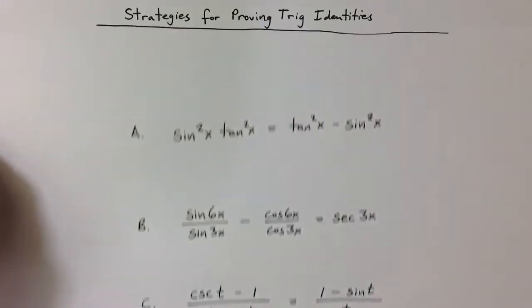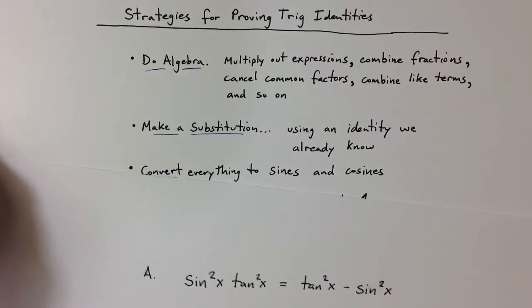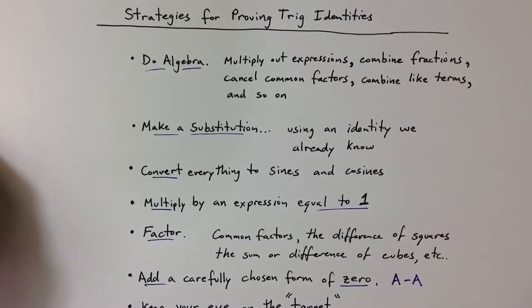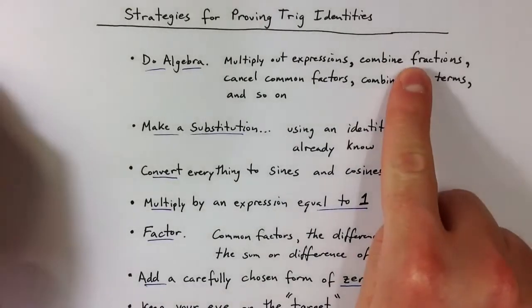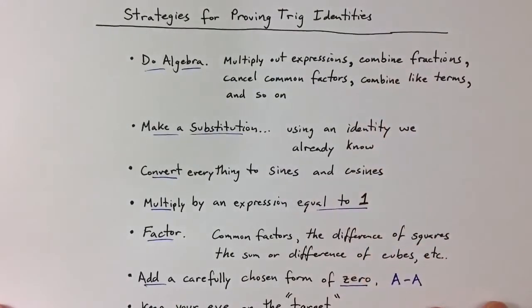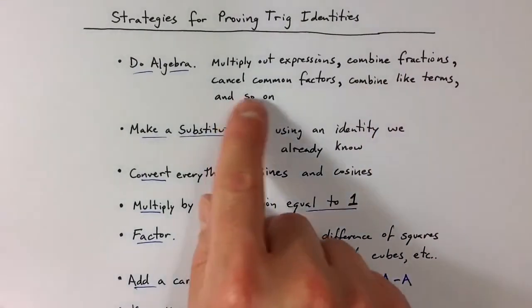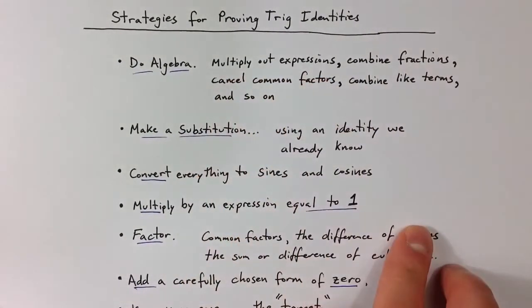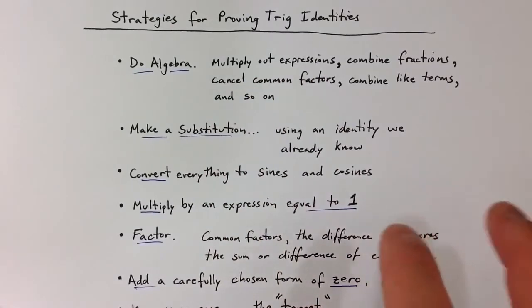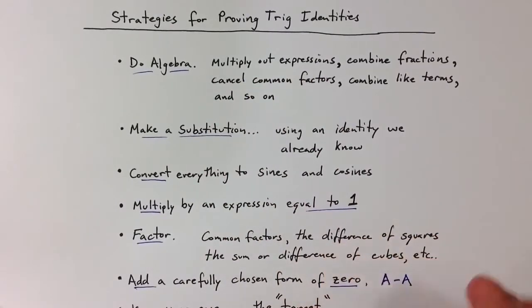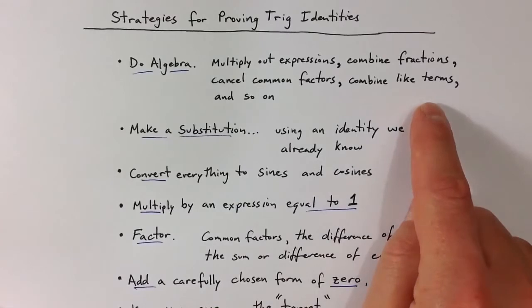identities like this. We can do algebra. So if there's a fraction to combine, to add, or subtract, we could do that. We can cancel common factors, multiply out expressions. Any sort of algebraic manipulation that seems like something that would make sense to do, we could try to do